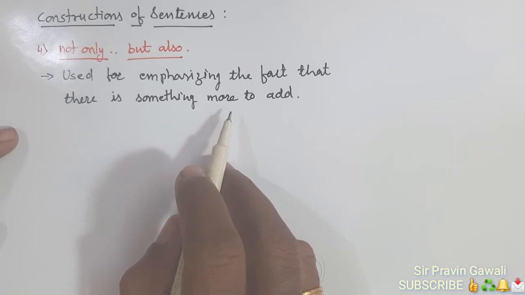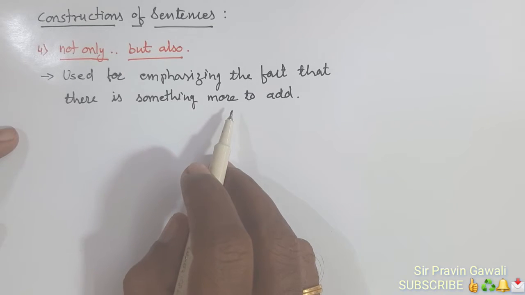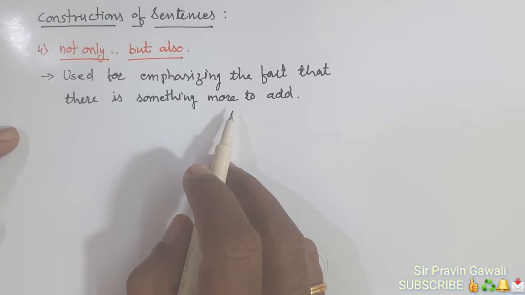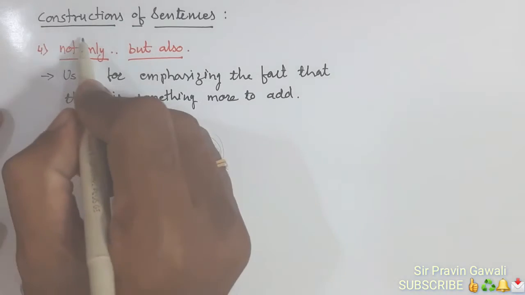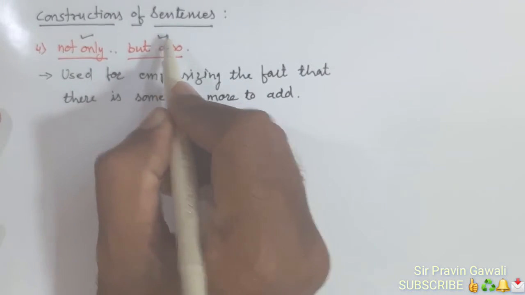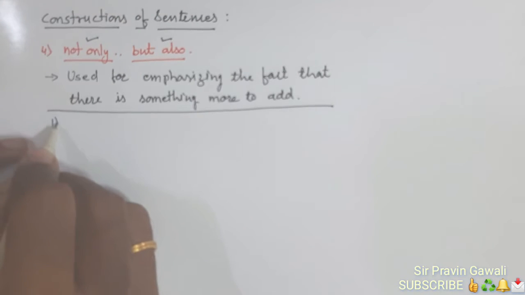Now students, let's have an explanation of how to use not only and but also with some important examples. You know how to construct a sentence. Earlier we have seen the method of a single slant line and double slant line. The same method we can use here to construct sentences with the help of the correlative conjunction not only and but also. Let's have the first example.